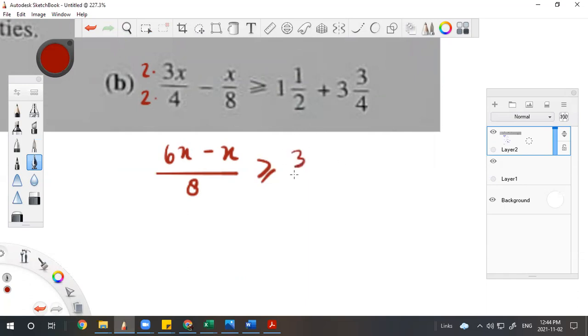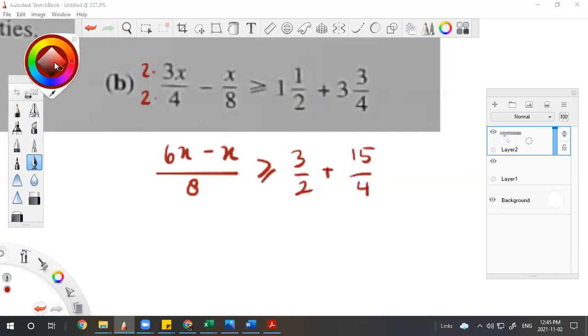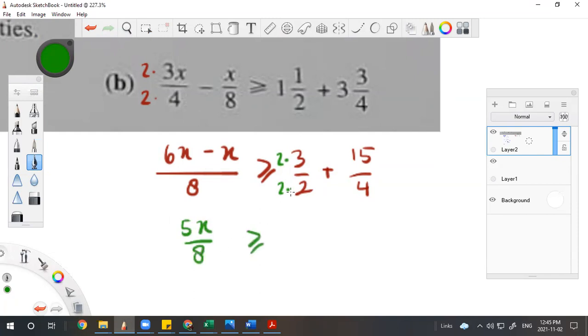3 over 2 plus 15 over 4. Oh, times 4, jadi 4 aja ya. Times 2 times 2. Oke. 5x over 8 more than equal to 21 over 4, right? Langsung ya, 6 plus 15 ya. Boleh ya. So, kita langsung main cepet aja. Oke. Then,